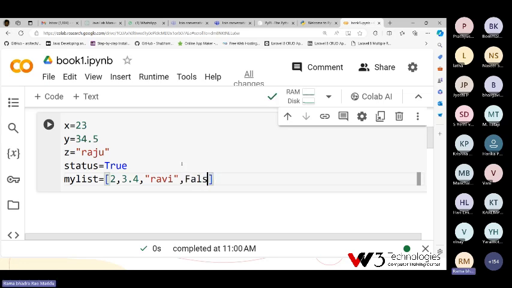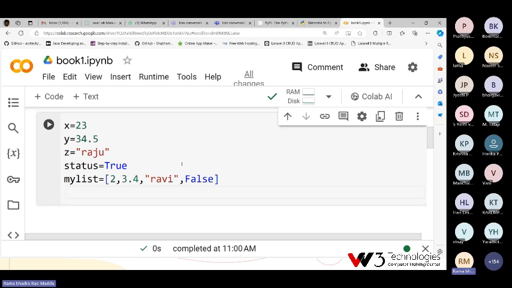False, you can give false. Now the list holds a collection. One student asked how a list will store different types of data. List is a collection type. It is not an array. Arrays store similar types of data. But here list is a collection type. It can store any type of data. And one thing you need to observe in Python, we can store only data into a variable.